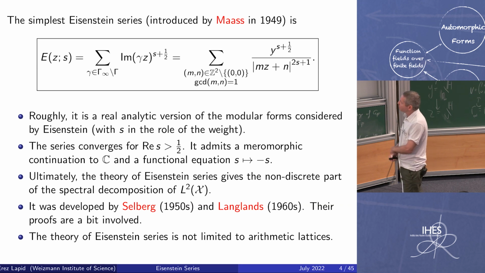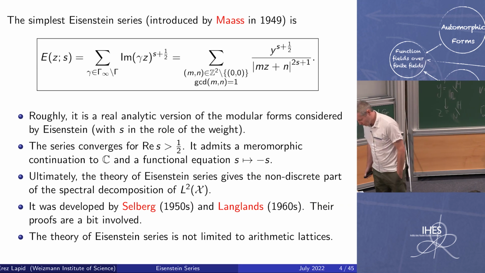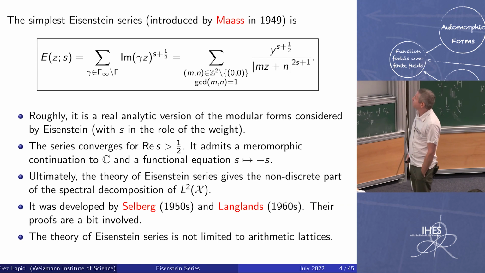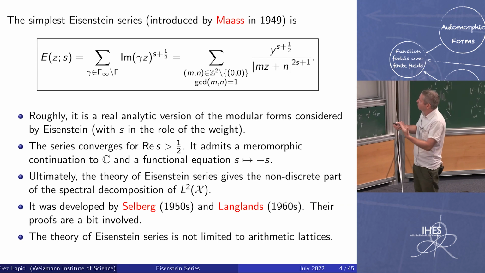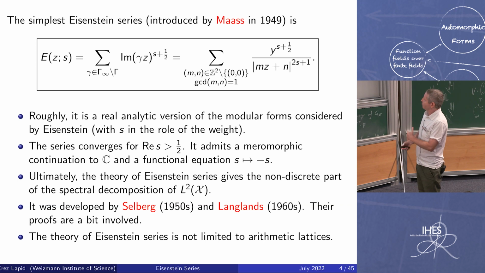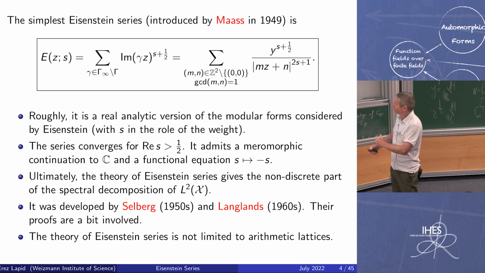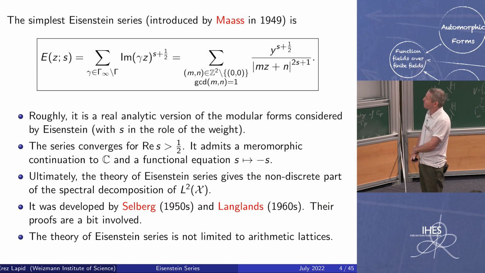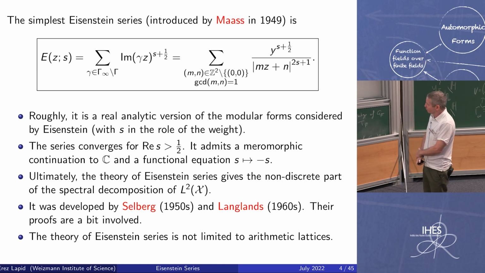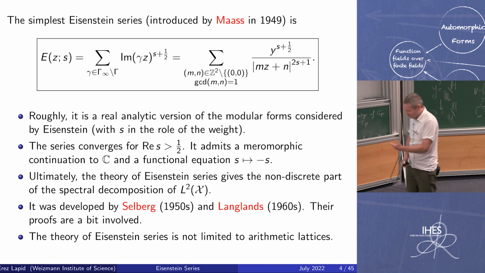And these Eisenstein series form eigenfunctions under the Laplace operator, and they give you ultimately the non-discrete part of the spectrum of L2 of X with the action of the Laplace operator. And the theory was developed by Selberg and then Langlands in full generality. And when I was a graduate student